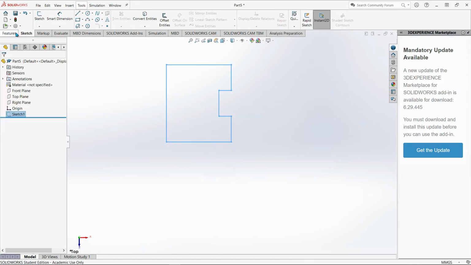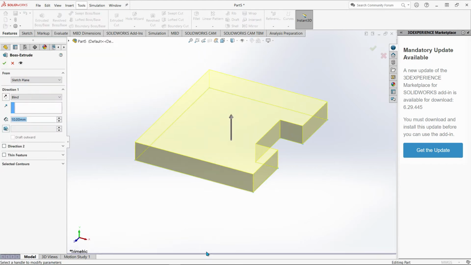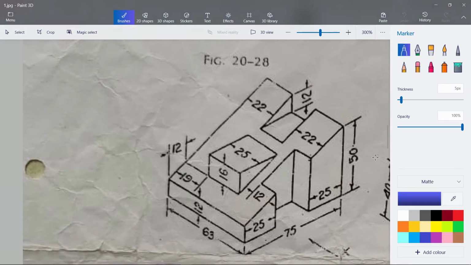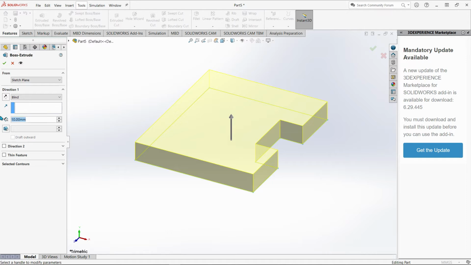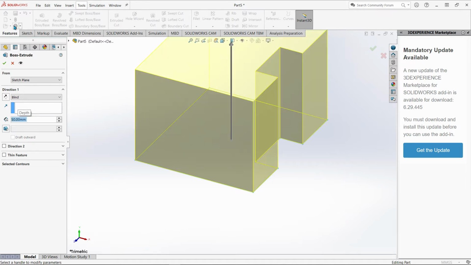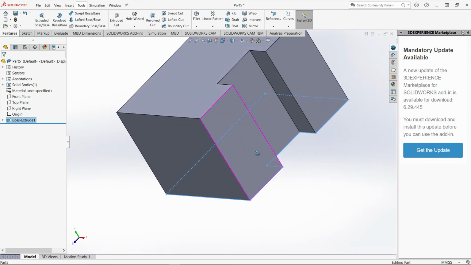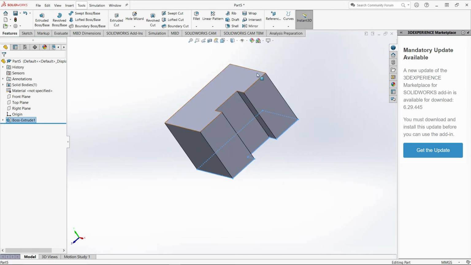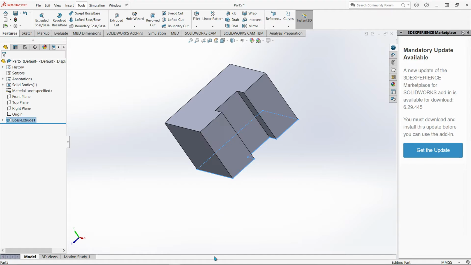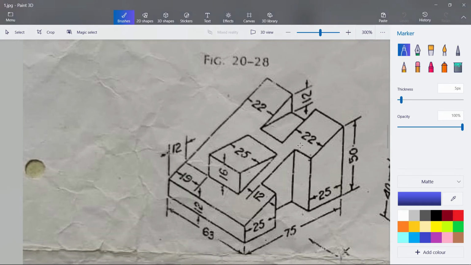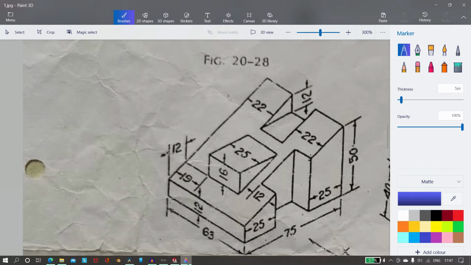I'll go under features and I'll say extrude boss base. So let's see what the extrude should be. It should be 50. So the length of the extrude should be 50, and this is how we want it to be. Now I will go ahead and make the horizontal slope, the incline cut, I can say. So calling this particular feature an incline cut,